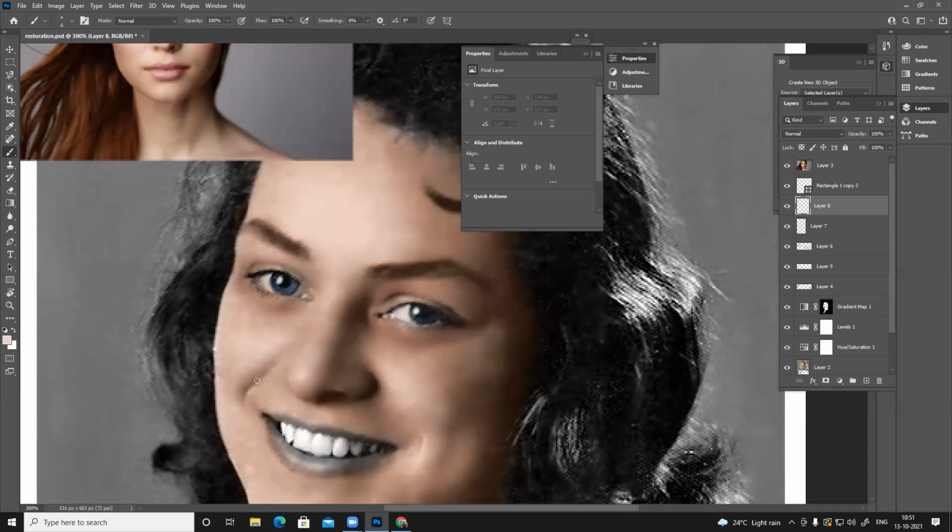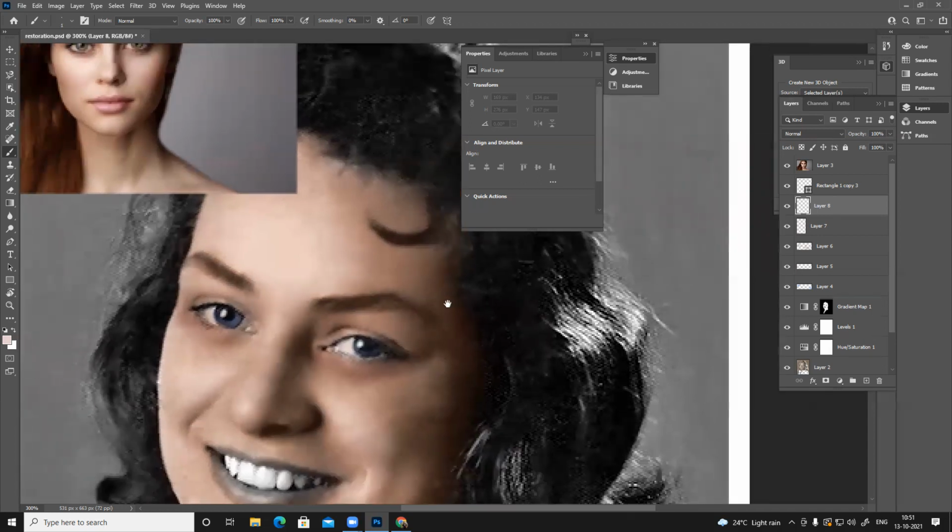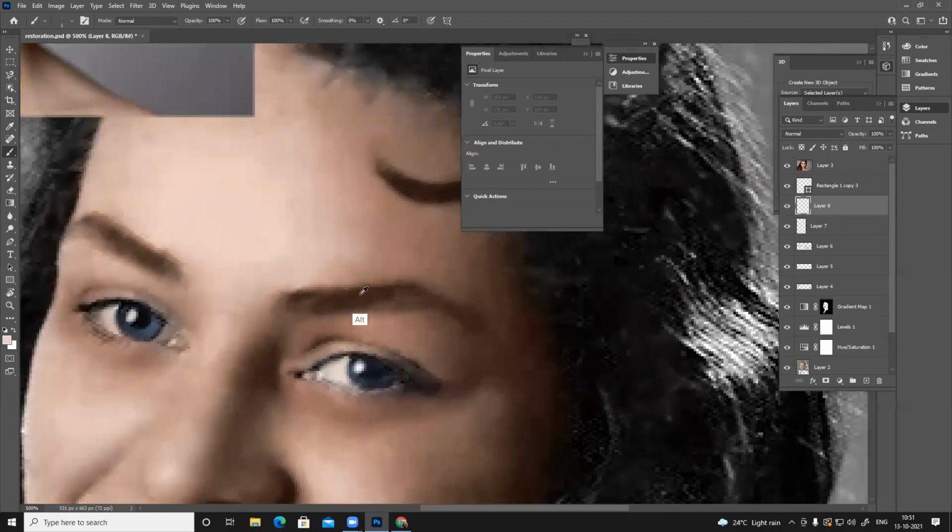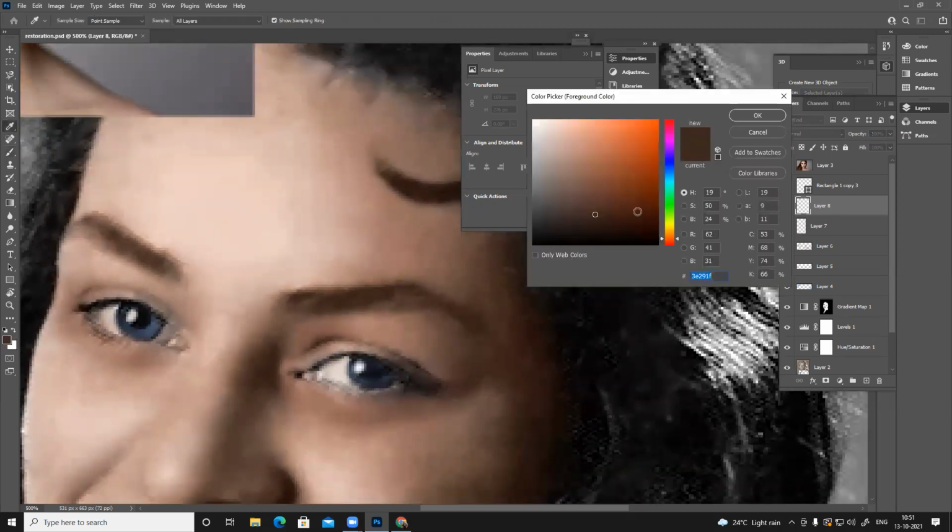This brush is a very small, tiny brush, and it should be darker, almost black.